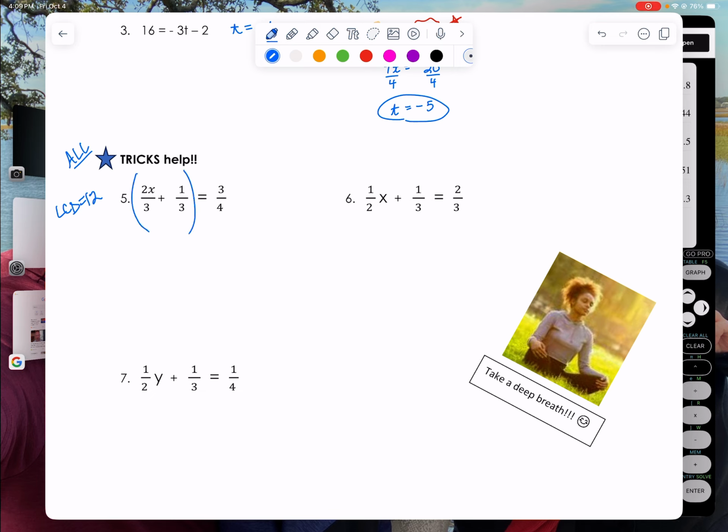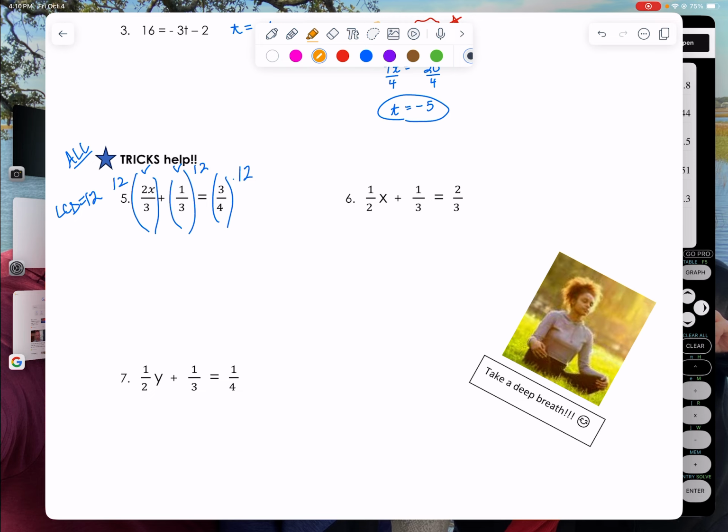So multiply the left side by 12 and the right side by 12. Now notice when I multiply the left side by 12, first thing I'm going to be doing is distributing that 12 to both the 2x over 3 and the 1/3. So you can really think of that as multiplying 12 times everything, right? Multiply your 12 times every fraction. All right, so